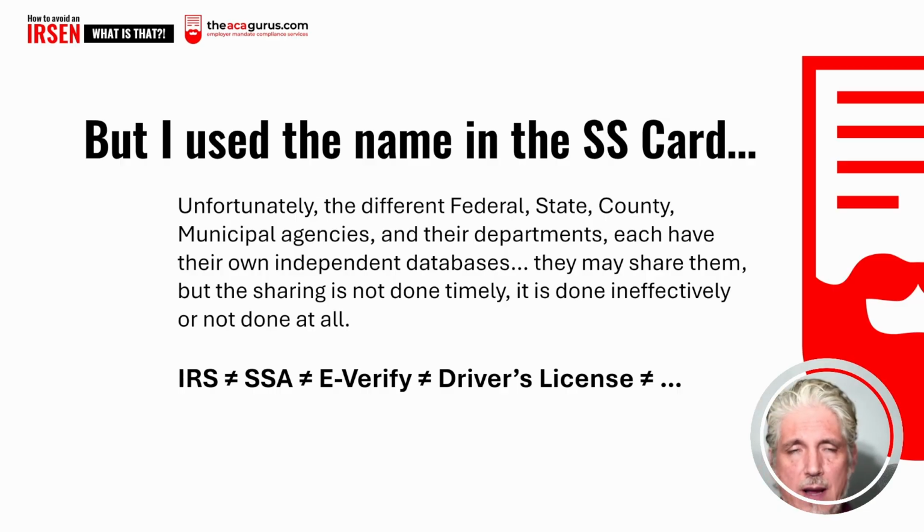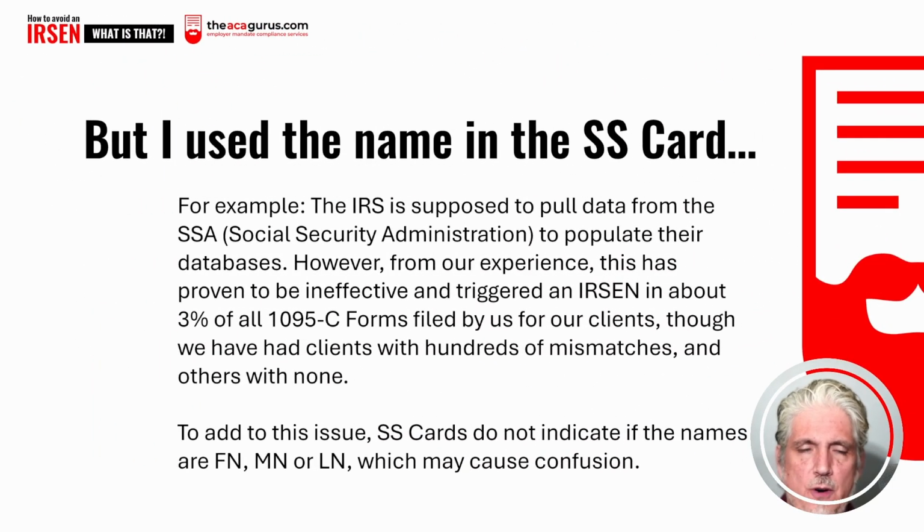And here we put, IRS is not the same information as the Social Security Administration, DMV, driver's license, and so on. Now, for example, the IRS supposedly pulls the information from the Social Security Administration, and they do this in intervals. And sometimes I don't know if they do them really. They might miss something. But the fact of the matter is that in about 3% of all the 1095Cs, and we're doing this for over 10 years, so of all of them, we're talking about tens of thousands, not hundreds of thousands, about 3% of those, which is, in retrospect, a very good number of them,